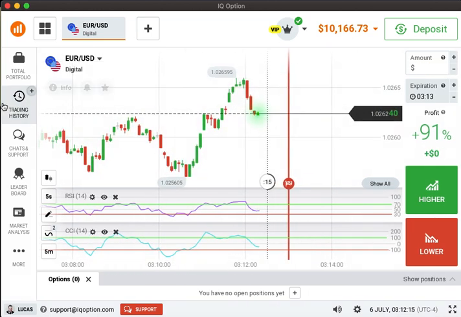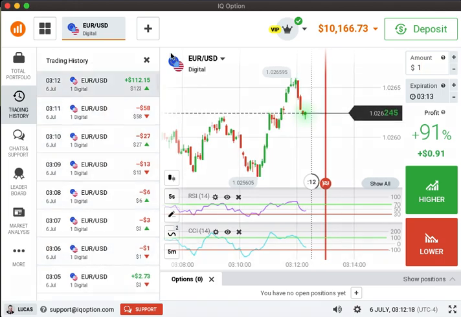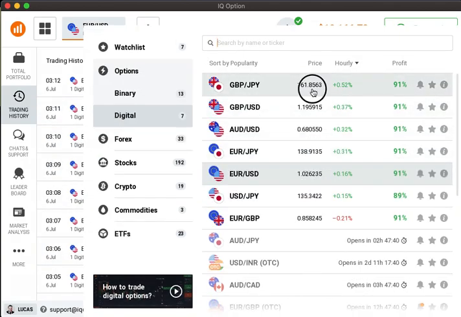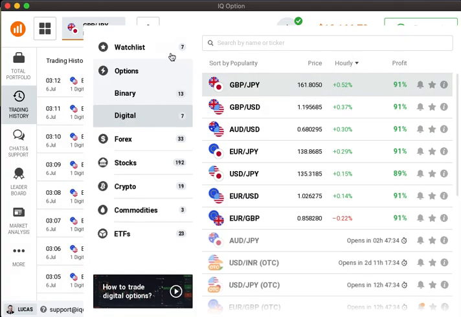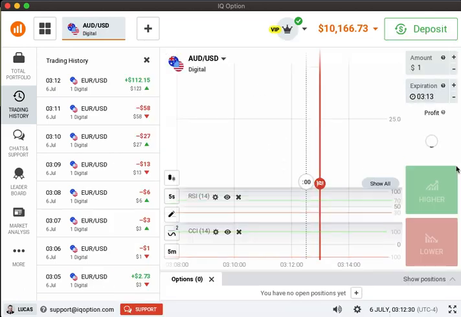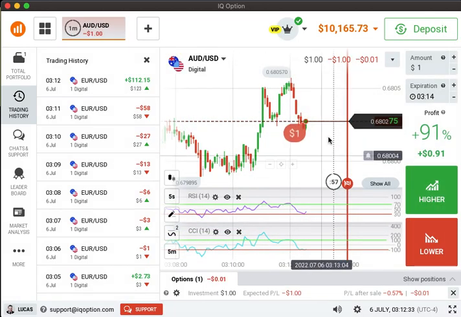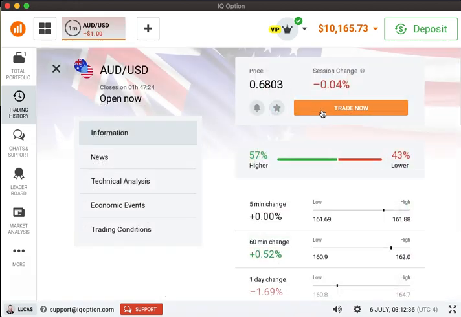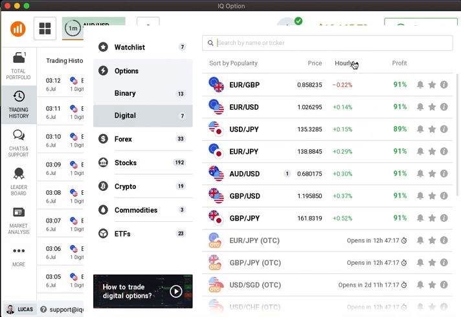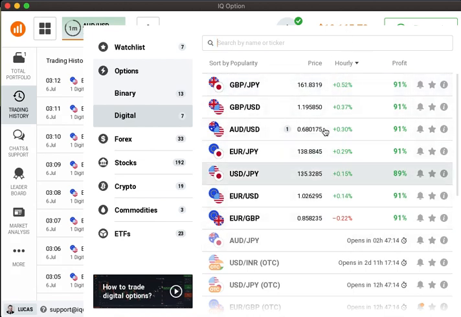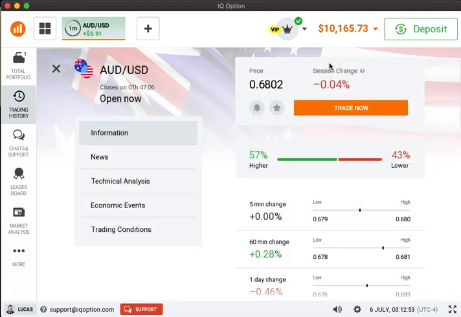Nice. So in order to avoid the longer rallies, because you know longer rallies you're scared, you go in the shorter time frames, the ones that actually move. The session change order is actually 0.4. So we go to AUD USD and we sell right here, because you can see the session change here is 0.42. Haha, that's funny. The hourly change says boom, whatever, but 30, 52%. But when you click info, you see the actual session change.